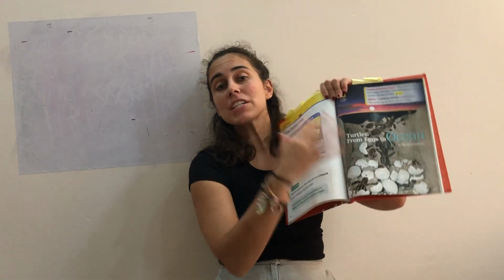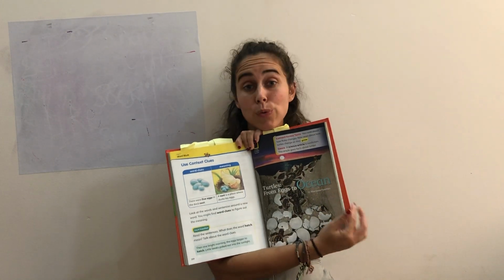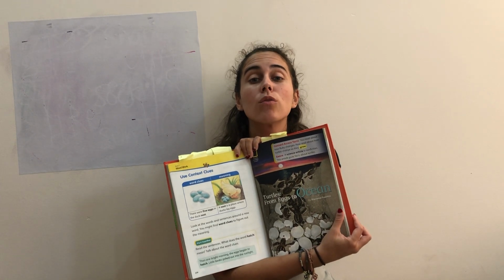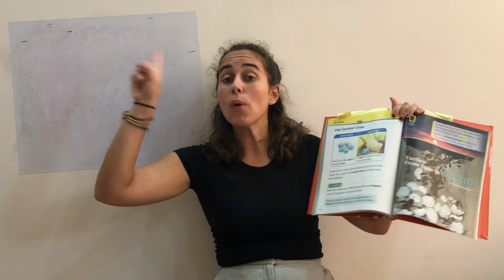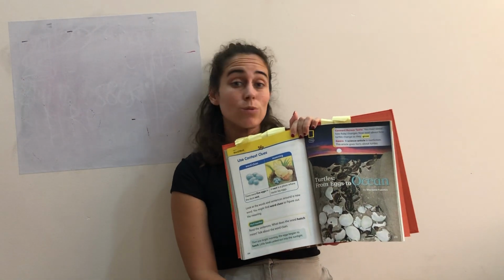So, let's look. First, we have picture power, using the picture to help us read when we don't know a word because it gives us the context of what it is we are reading. We also have pointer power, using our finger to point to the words to help us read so we don't skip anything. We have sound power, listening for those sounds to help us read, knowing that a word that starts